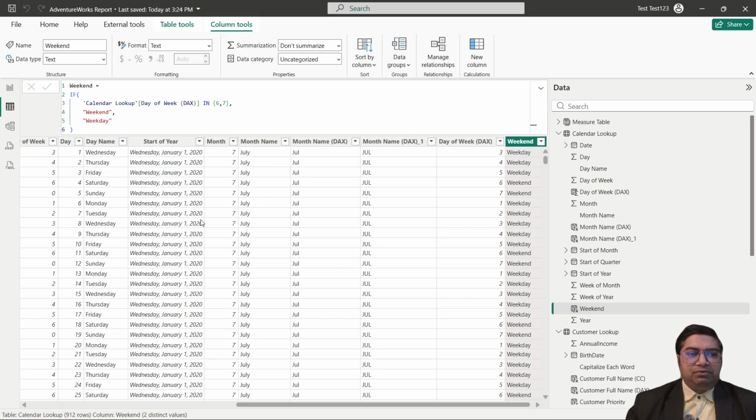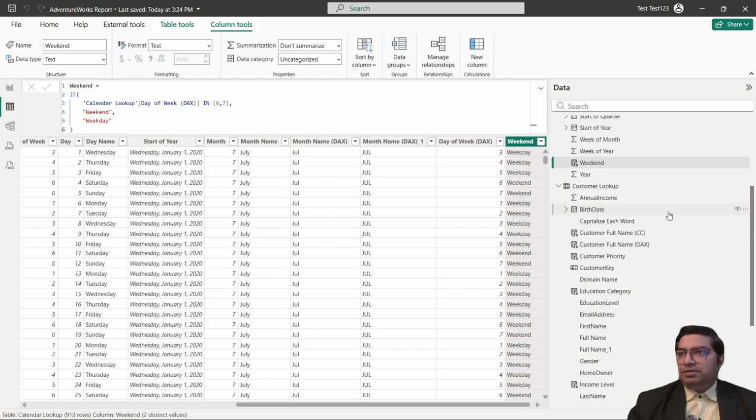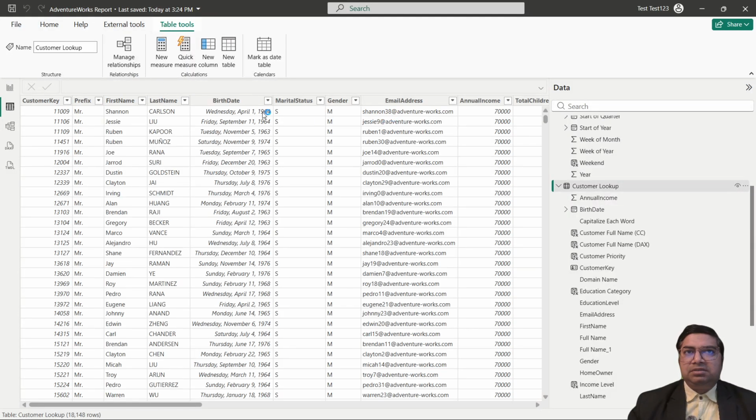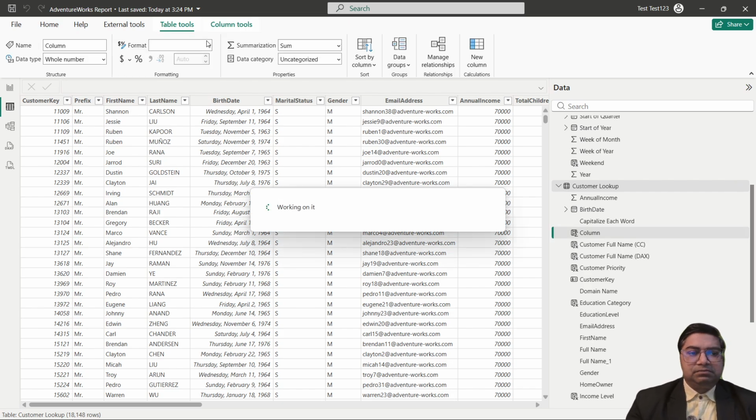Let's try to find out some more questions. Let's find out one more question, extracting the year from the date. So let's do it in the customer table. Let's find out the year from the customer's date. Open the customer table. There's a birthday here, birth date. Let's find out the year in a separate column. Add a new column here. Put the name,